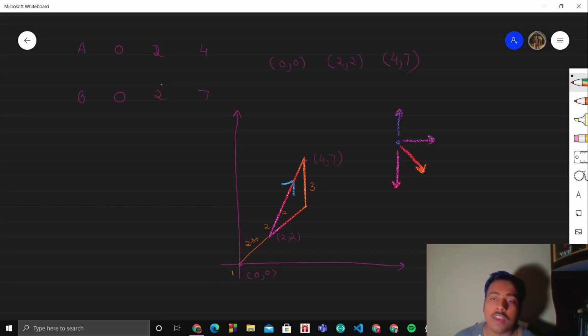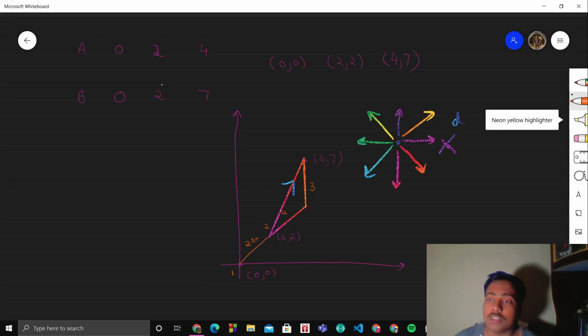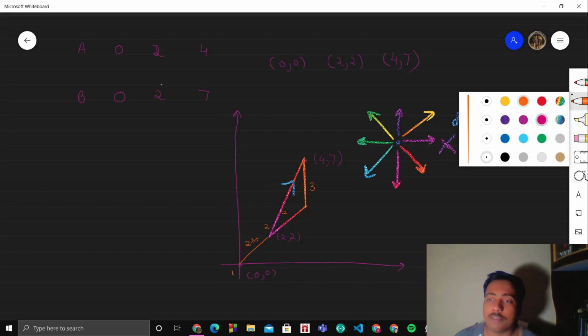Okay, so if any one of you had this in mind that you can apply the distance formula over here, let me just tell you that applying the distance formula will violate this rule. So that is the reason why we are not applying the distance formula over here. But now the question arises, how do we code this thing out?